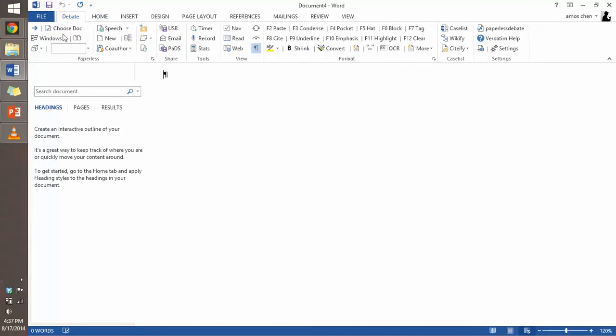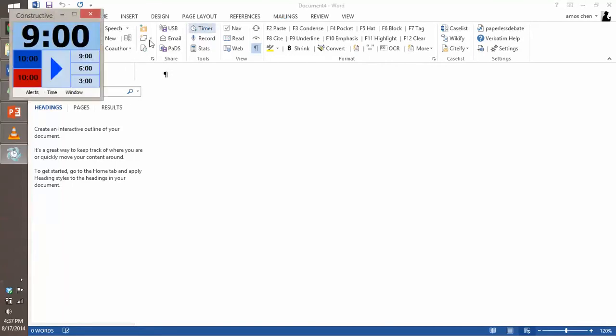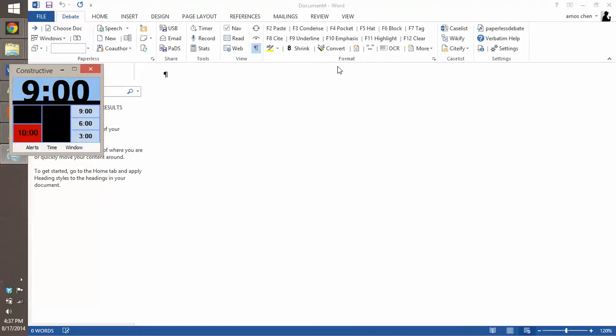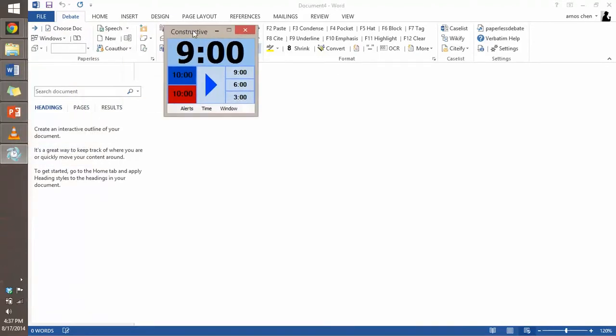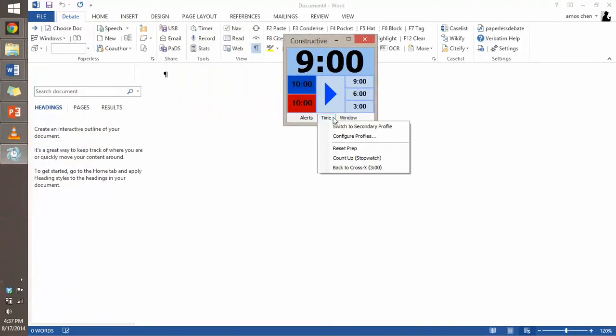So you see here I can choose what windows I want. There's various commands. There's a built-in timer for speech times,